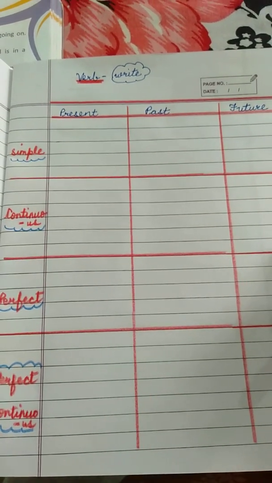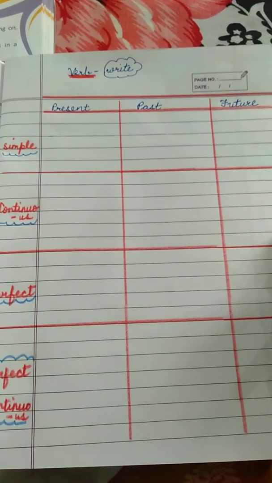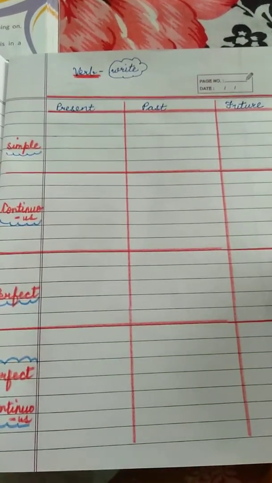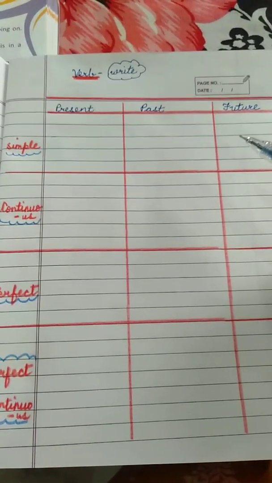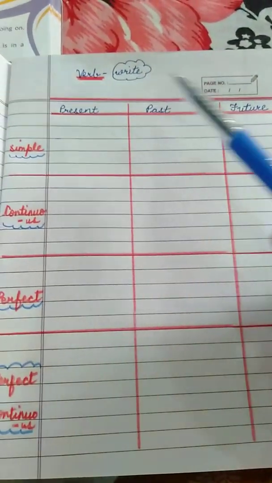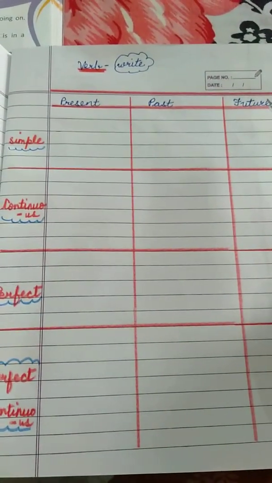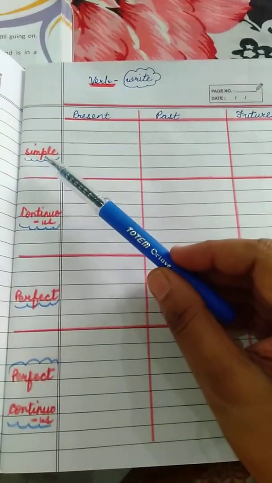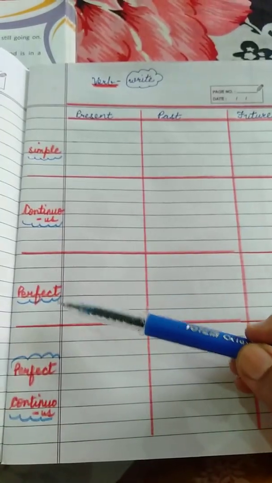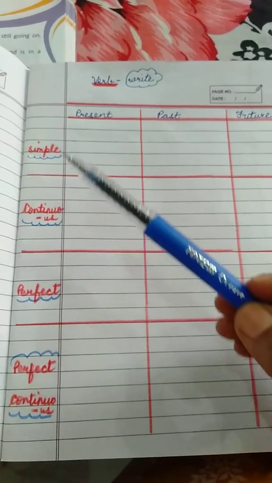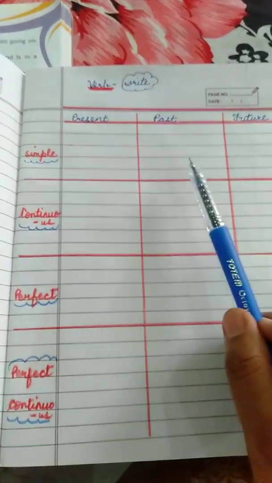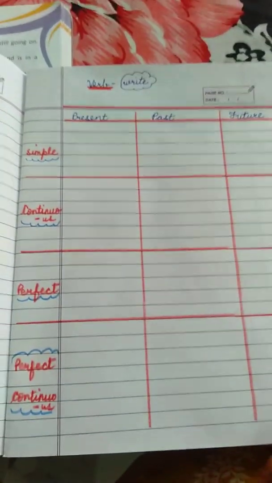Good morning, children. So let's start learning about the various tenses. A tense of the verb shows the time of an action. That could be the present time, past time, or future time. And all these three tenses have four forms which denote various stages of an action. So we are going to learn this in detail by drawing this chart here in the notebook.